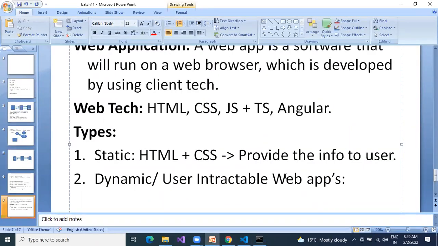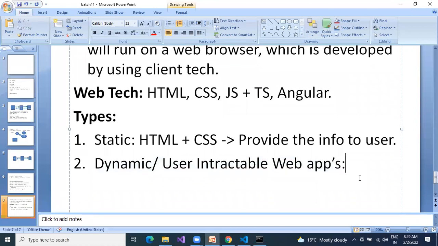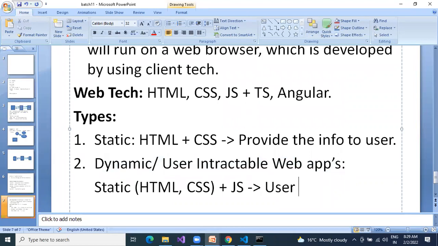So what are dynamic or user interactable web applications? Applications designed using HTML and CSS plus JavaScript are nothing but dynamic web applications, which provide user interaction. For example, all applications nowadays are dynamic, but from 1992 up to 1995, JavaScript came in 1995, right?